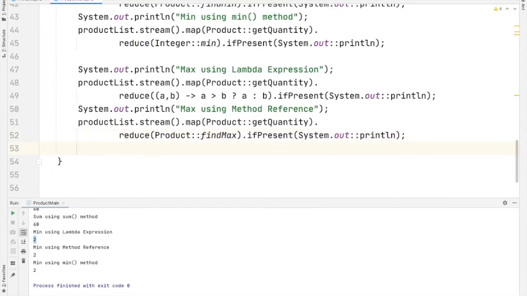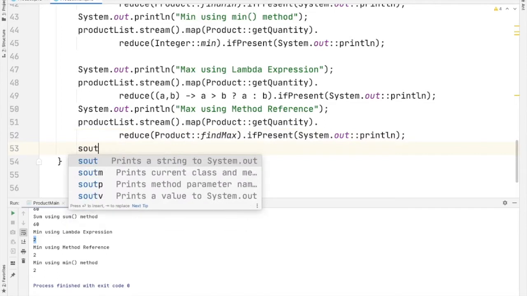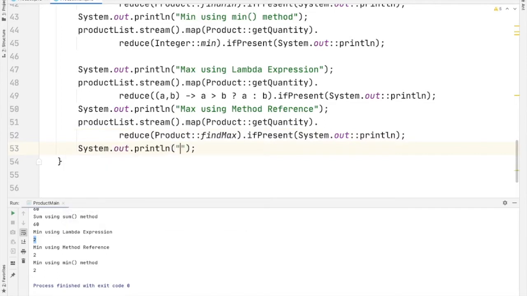Next is using the max method from the Integer class. Max using max method.